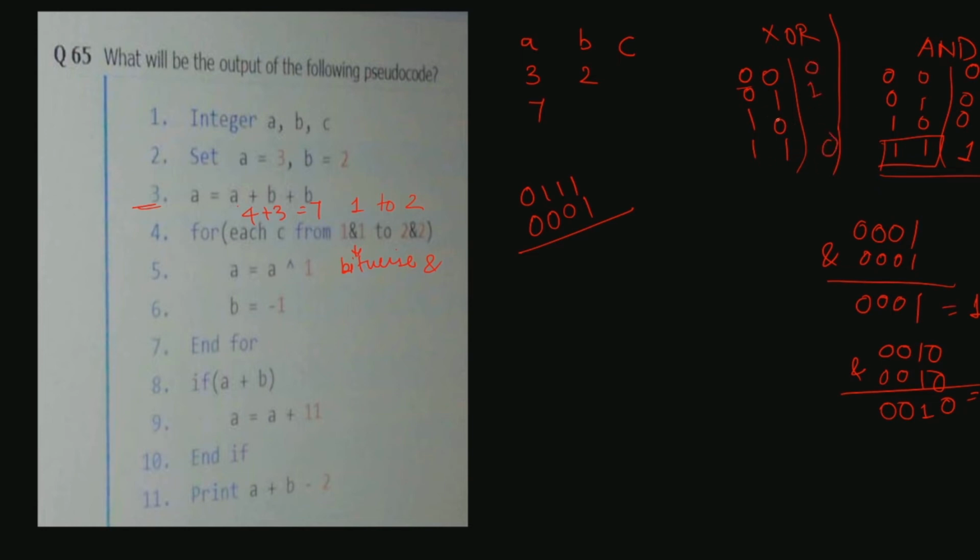Otherwise in the case 0 1 and 1 0, the answer will be 1. So you have to keep this in mind, otherwise you will forget it. So whenever there are two same digits, the answer will be 0, otherwise 1. So this is equal to 6. So the new value of A will be 6